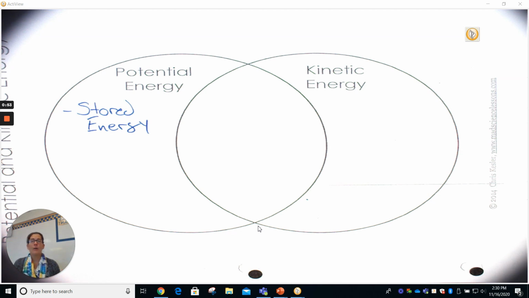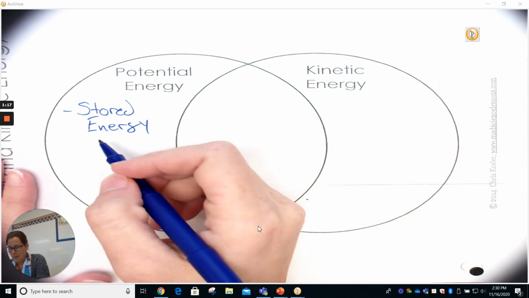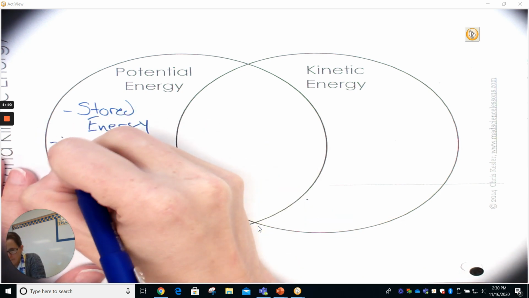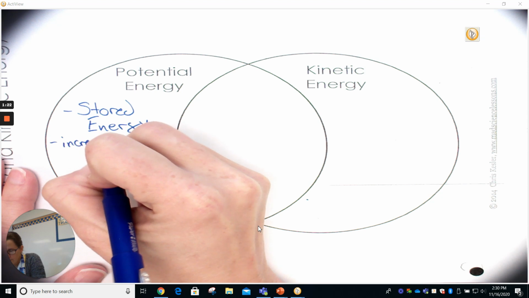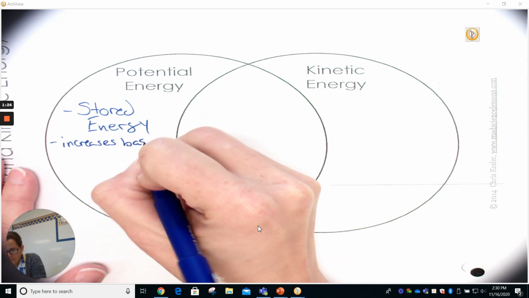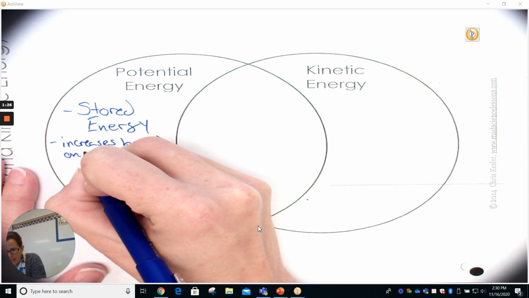So if we're talking about a roller coaster, the higher up the hill, the higher the potential energy the car's going to have. So if you've got a hill, say this is your ground level, you've got a hill that's about right here, you'll have some potential energy, but it's not going to be a ton. If you've got a hill that's way up here, you're going to have a lot of potential energy. So that depends on the height, okay? So we'll go ahead and write that down. Increases based on height